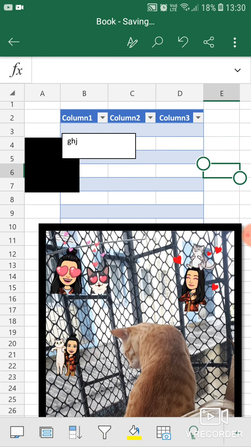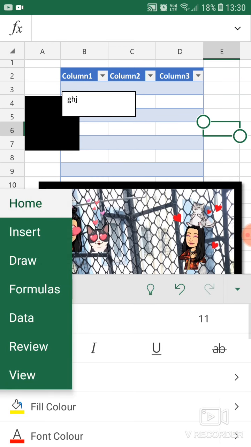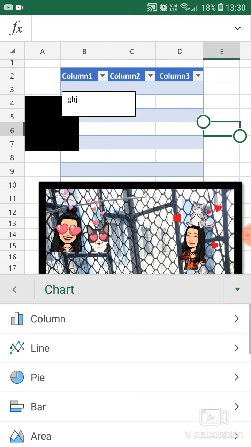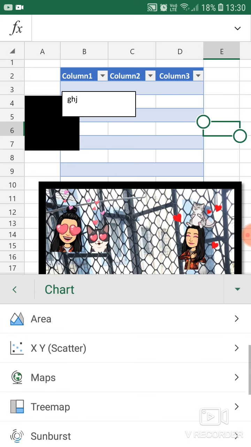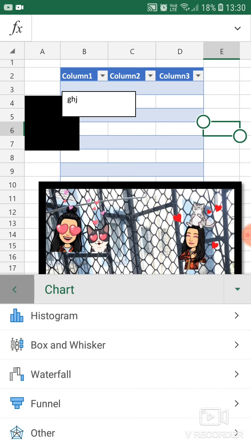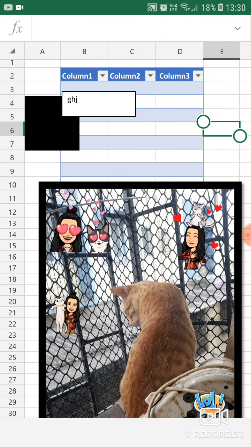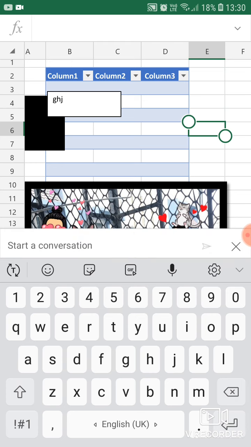Then recommended charts: you can bring columns, pie, bar, area and many more features. Comments: if you want any comment box, then you can bring it here.